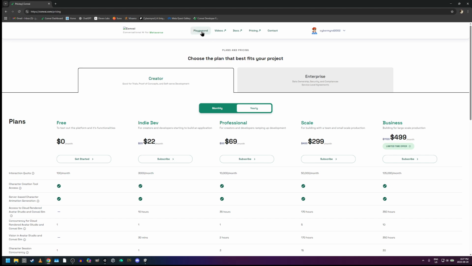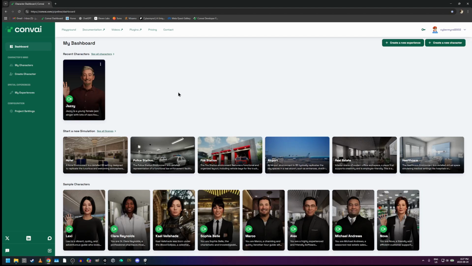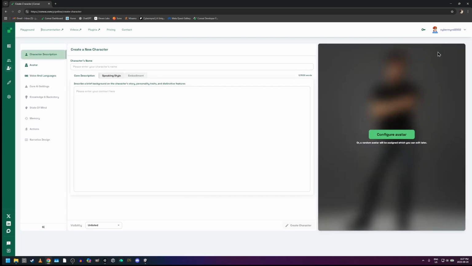So just going back to the playground, we've created our account here. I've already created one character, but let's go through the character creation procedure. So up here we want to go create a new character, and that'll lead you here, and you want to put in the name of the character. Put in your name there, and now you can go to this area here,